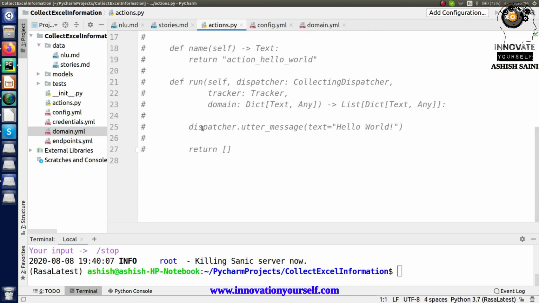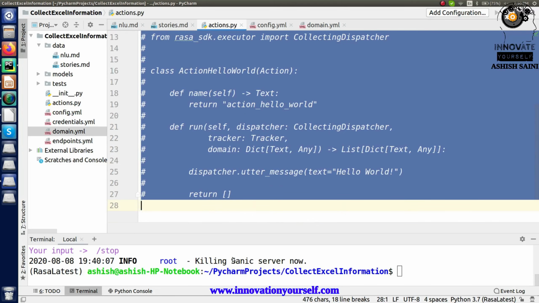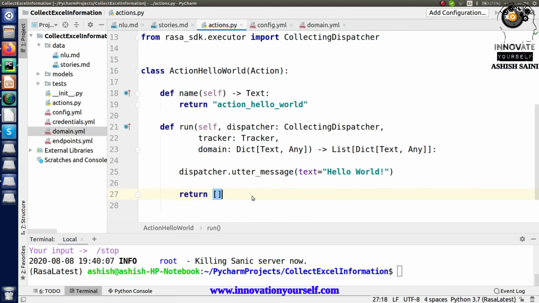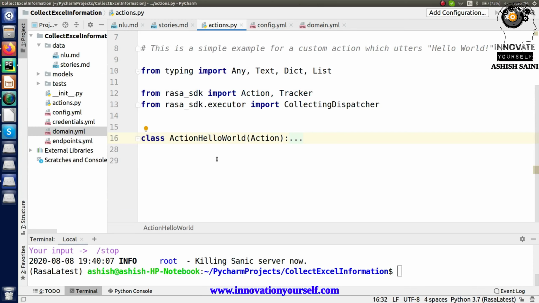So right now, as you can see, there is nothing in here, everything is commented, so I can uncomment that part, right? And I don't need this one, so if you want you can comment it or you can leave it like this, because I'm not going to use it. And as you may have already seen in one of my previous videos, in case you have to use